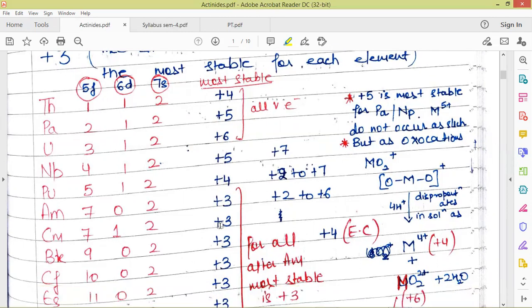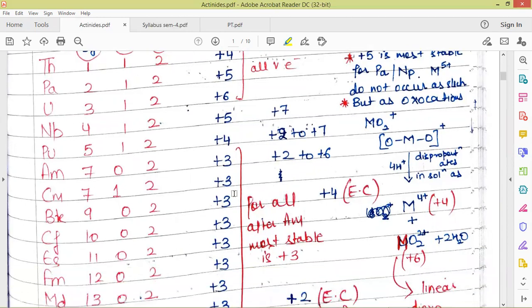In addition to the most stable oxidation state, there are some additional oxidation states which are possible. Here, the additional oxidation state with all the valence electrons is +7 for neptunium. For plutonium, there exists +2 to +7. For americium, there also exists +2 to +6. This is random. And based upon the electronic configuration, berkelium has the +4 oxidation state, which is also possible for